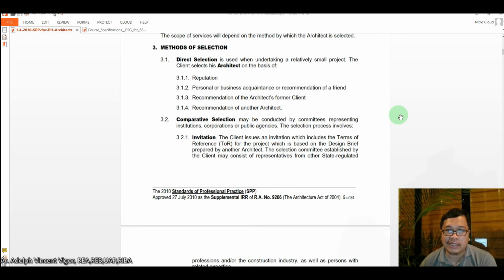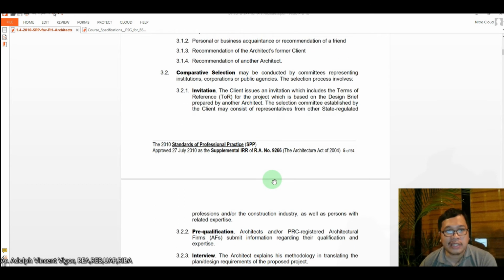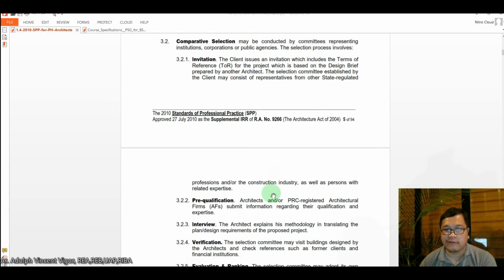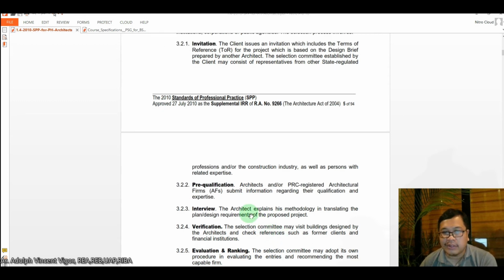So the selection committee established by the client may consist of representatives from other state-regulated professions and/or the construction industry, as well as persons with related expertise. So for the pre-qualification, architects and/or PRC registered architectural firms submit information regarding their qualification and expertise. Okay, then there's an interview, wherein the architect explains his methodology in translating the plan design requirements